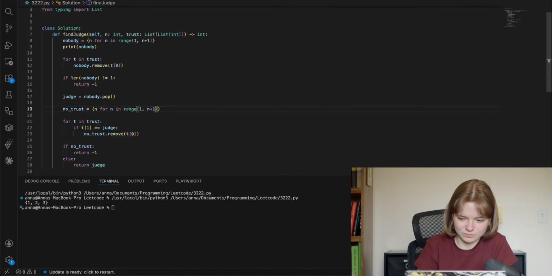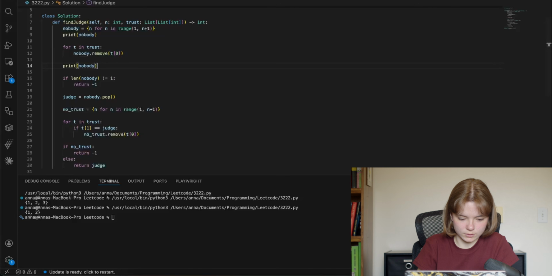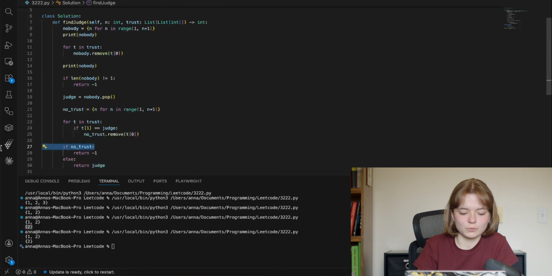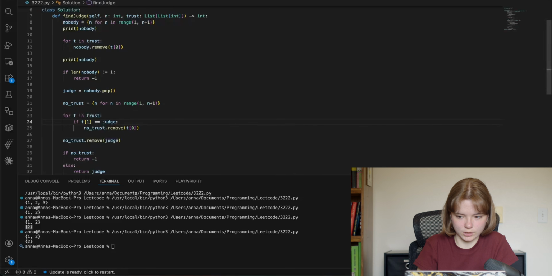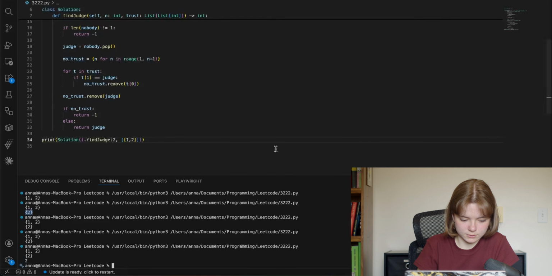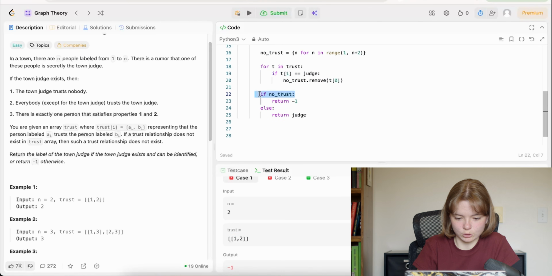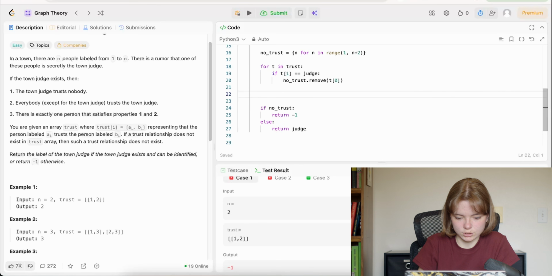So I misspoke there. So it's 1 and 2, right? For that, we want 1 and 2. And then after that, we want to see what happens where we have 2. Are we returning here? No. Oh, we want the judge to have no trust. So if we want to remove the judge, then we want to do this. Does that give us the correct answer? Yes, it does. Yeah, so our problem was that we were saying nobody can have no trust, but the judge has no trust, so we have to remove the judge from that.